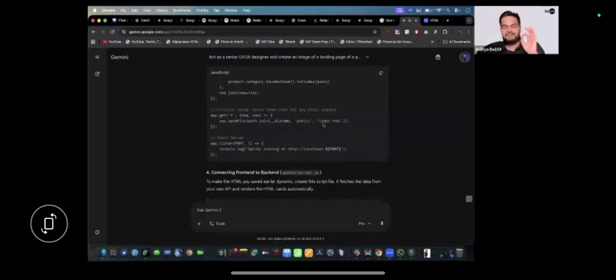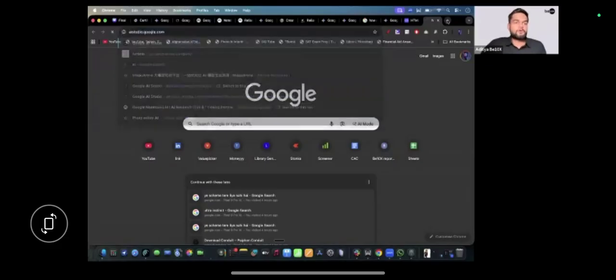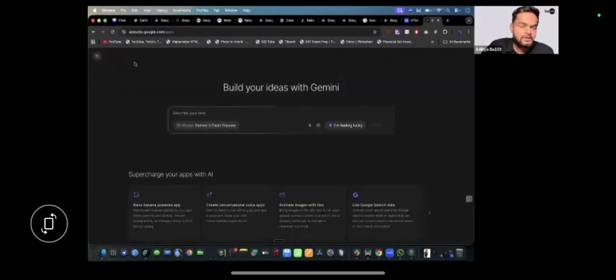All right, folks. Let's create an entire application in just a matter of 1 minute. What IT companies used to charge 20 lakh, 30 lakh to do, let's do it right in front of you in just 1 minute. The tool I'm going to use is called aistudio.google.com. It is also Google's tool, a really good tool.